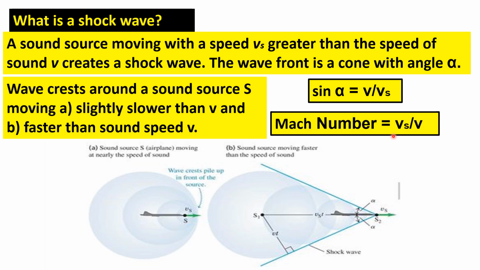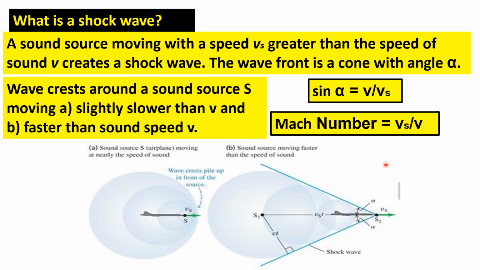And a number known as the Mach number. Okay. Mach number has been given that term referring to the ratio of the speed of the source, such as the airplane, divided by the speed of sound. So that ratio, Vs over V, is given a particular term known as the Mach number. So the Mach number also tells us how many times is the speed of an airplane greater than the speed of sound. For example, if we have